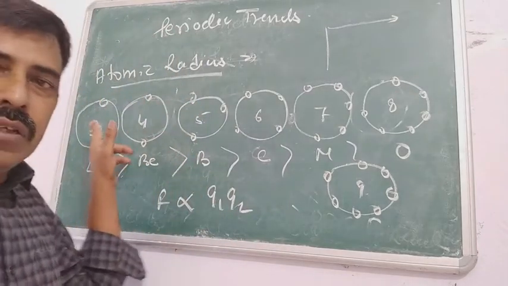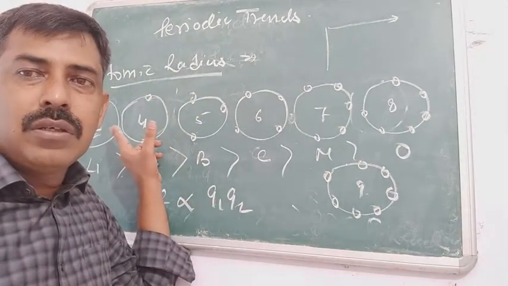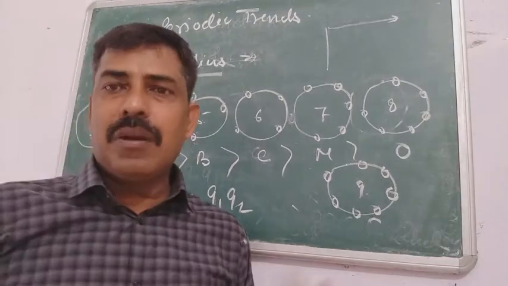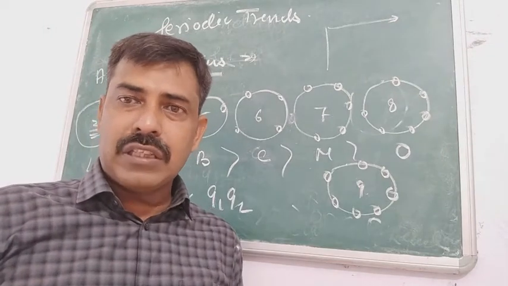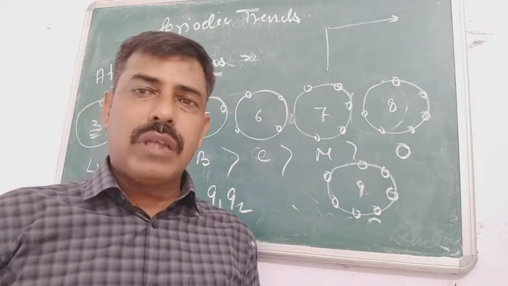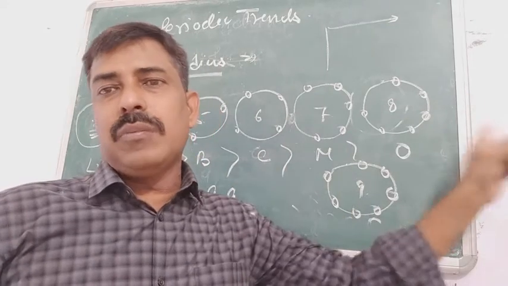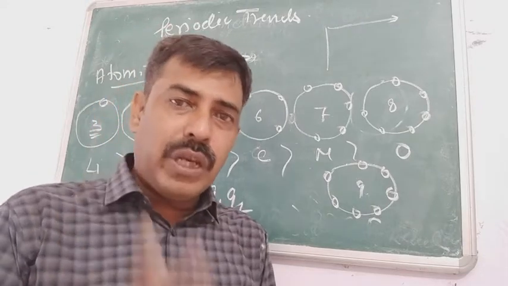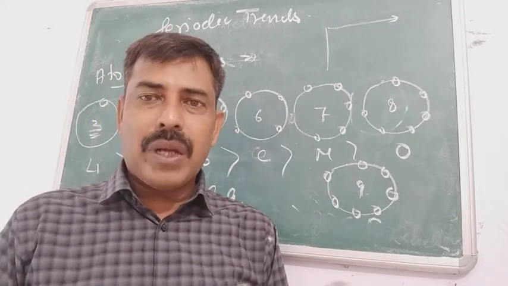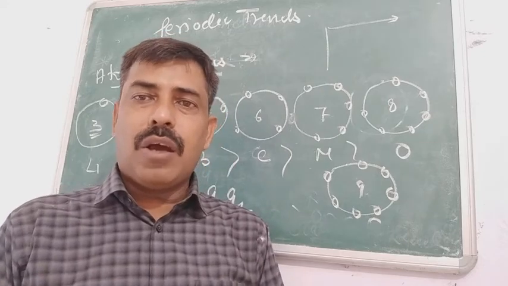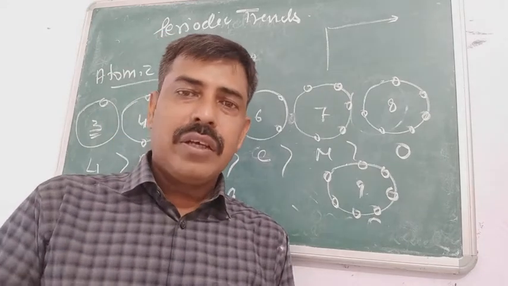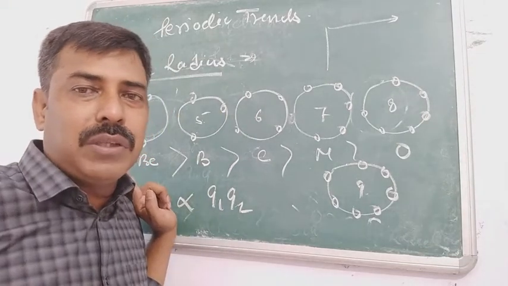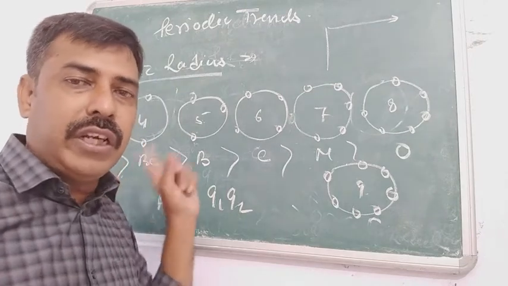Here you can see that there is no inter-electronic repulsion in lithium because only one electron is there in the valence shell. There must be some other electrons in the inner shell, but we are not going to discuss that repulsion because it is common in all of these atoms. All of these atoms contain the inner shell, and we are not going to discuss that common factor because it will act in all of these cases. So with only one valence shell electron, inter-electronic repulsion is nil if you are not considering the inner shell.